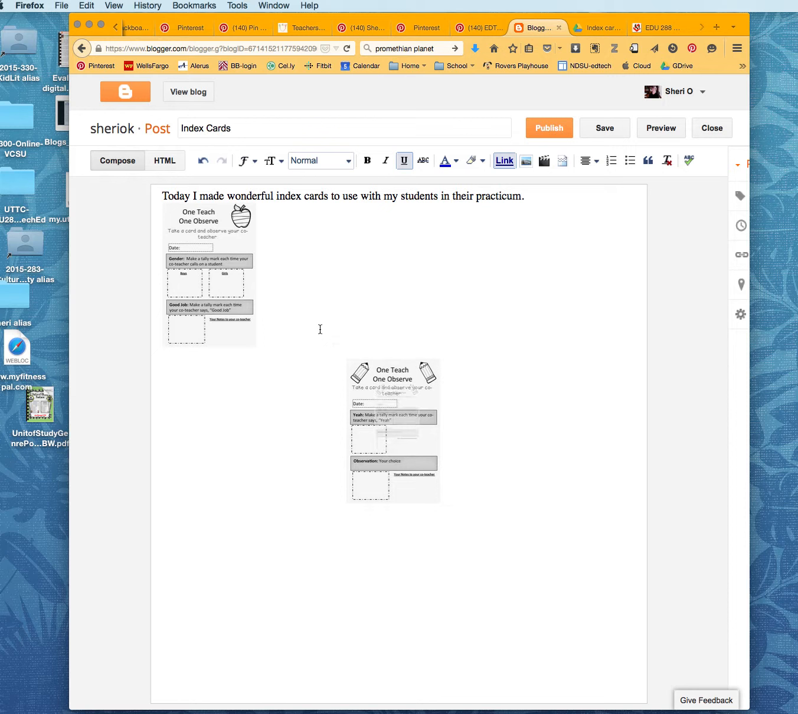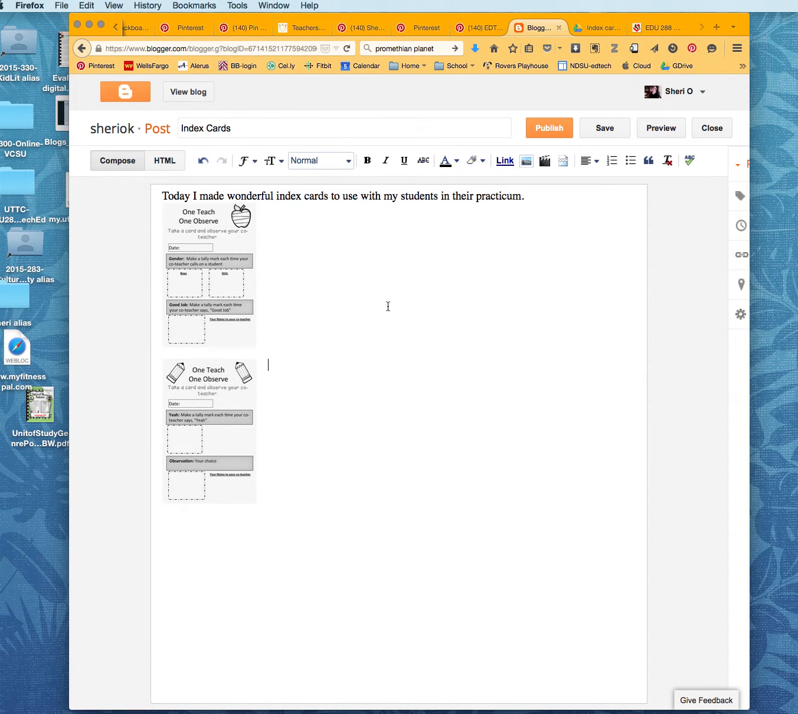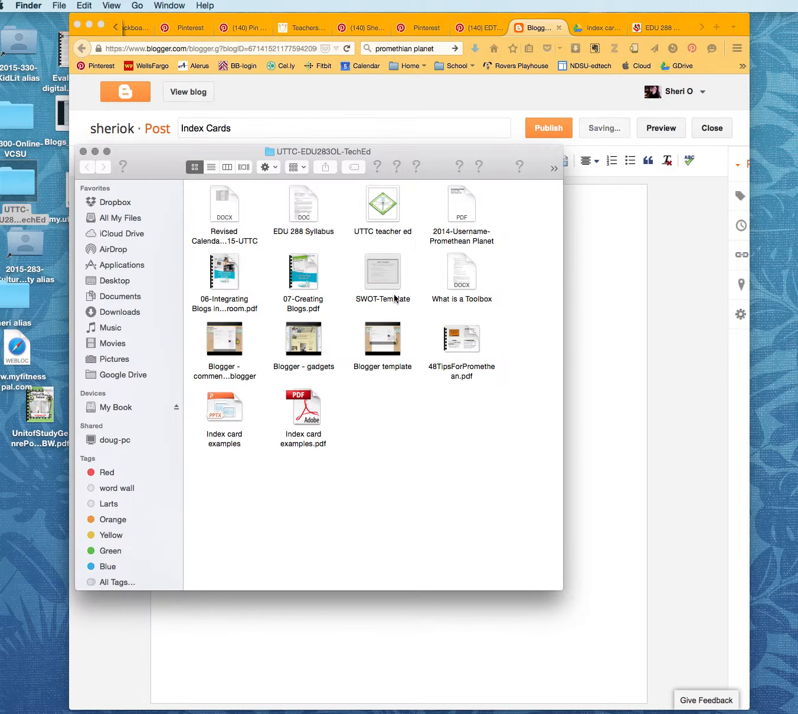So I can move these around a little bit too. It's a little harder to move things around when you're in a blog, but you can still do it. Sometimes it's easier to add a table and then put them in. I can also click on this, and if I open up my UTTC folder,